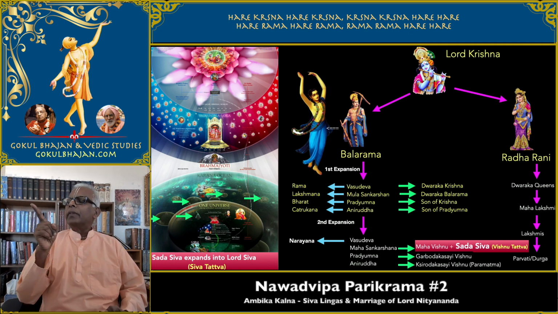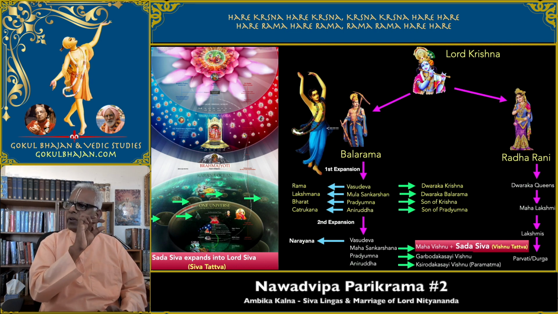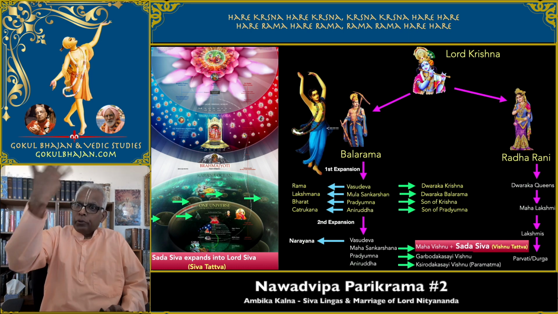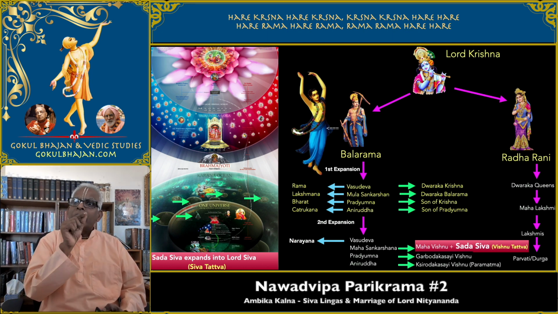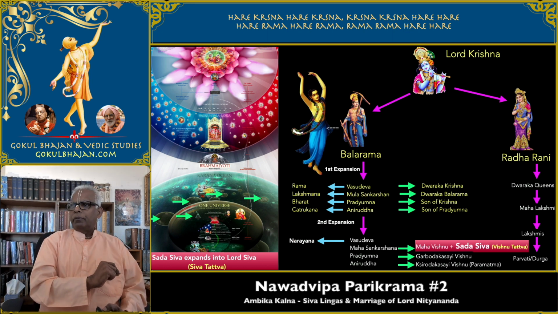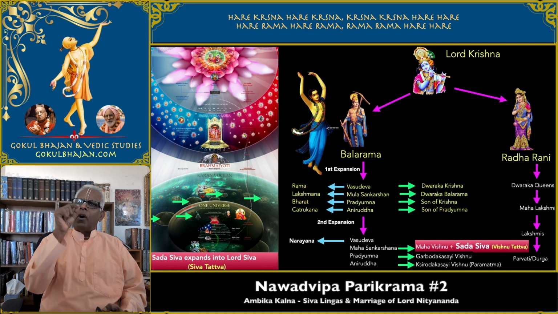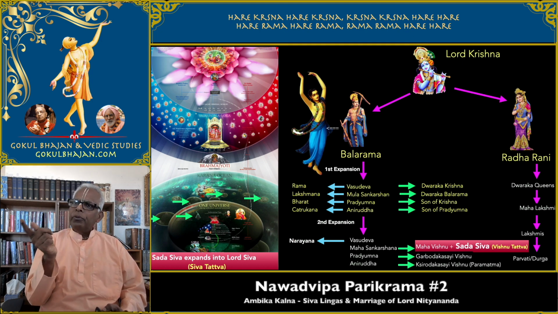If you see the chart on the right, all the way down there is a part in red. I have really put that in red. On the right side you see, from Mula Maha Shankarshana comes Mahavishnu, who is breathing out so many Brahmandas, and then Sadashiva also comes from Maha Shankarshana, and that is why he is called Shankar. Shankar because he came from Shankarshana, and that is his Vishnu Tattva. Okay, you see the right side, then you see the left side.